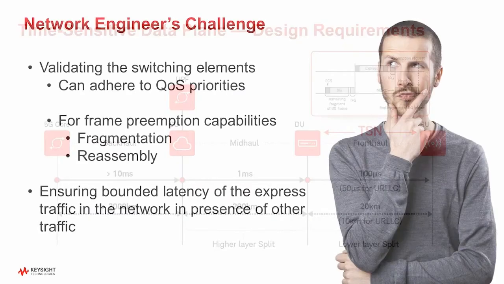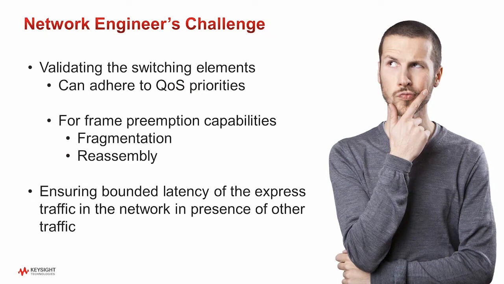The validation engineers need to ensure it works at a network level to avoid consequences such as too much frame loss causing the OFDM symbols not being sent on the user interface, the air interface, or maybe a late arrival of a frame at the RU causing expiry of the time slot for that symbol. The fronthaul transport network consists of Ethernet switches or routers, and validation is needed for each such node in the network, as well as for the whole network, to qualify overall quality of the service here.